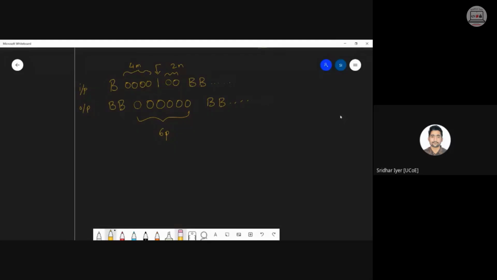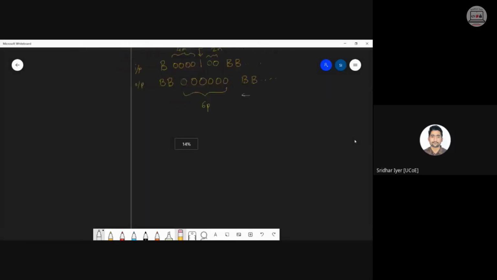Don't worry. For others who are still trying to find out what exactly happened just now, it's very simple. What is our main motive? We want to convert this 1 into a 0. अगर मैं इस 1 को 0 में convert कर दूं तो अपने पास 7 zeros हो जाएंगे. But we don't want 7 zeros. We want the output as 6 zeros. So while coming back from this blank symbol, we can convert the very first 0 that we encounter into a blank. Am I clear? Isn't it simple?